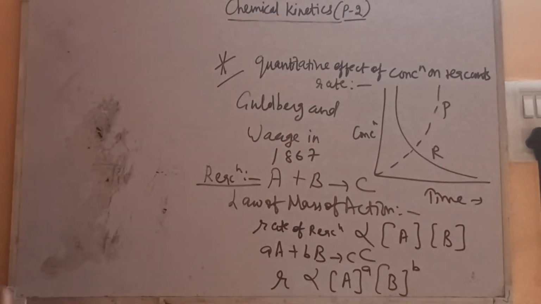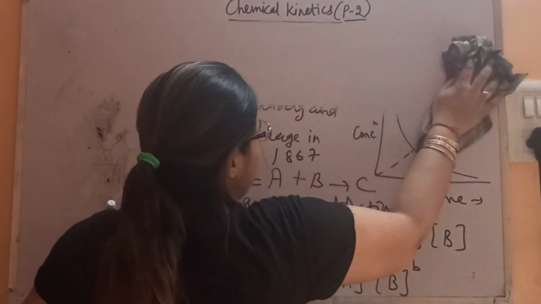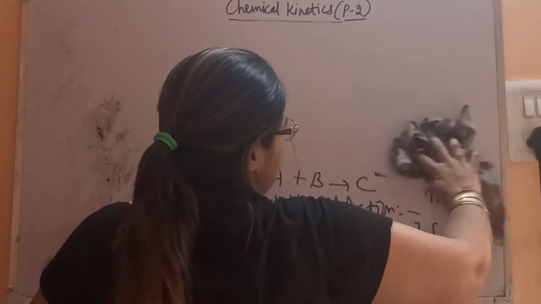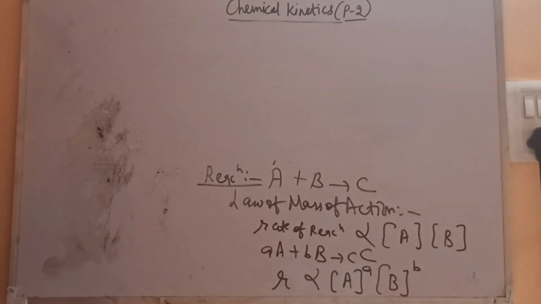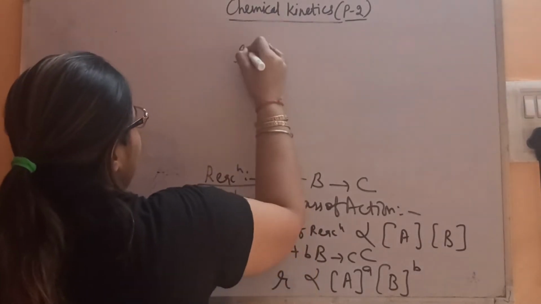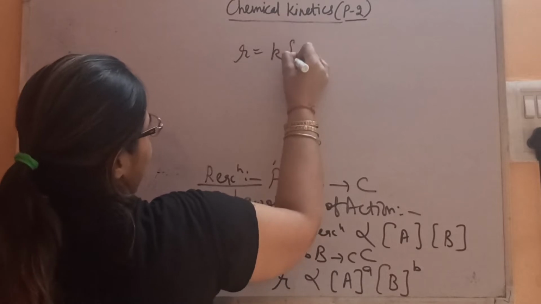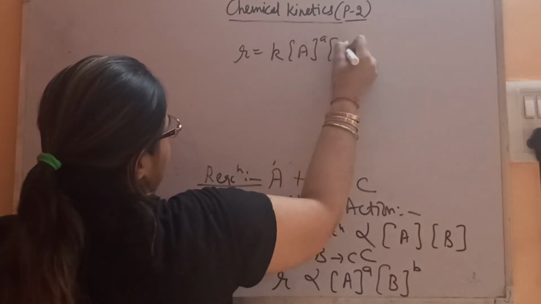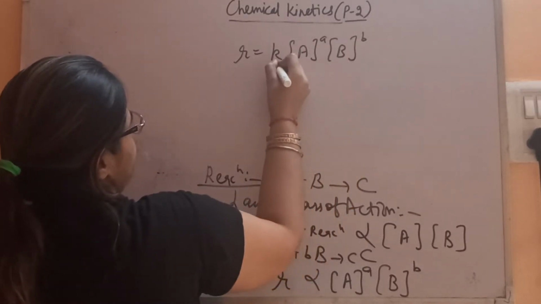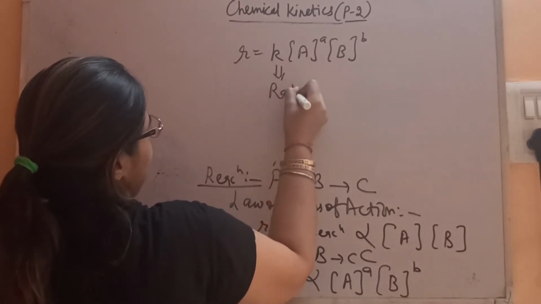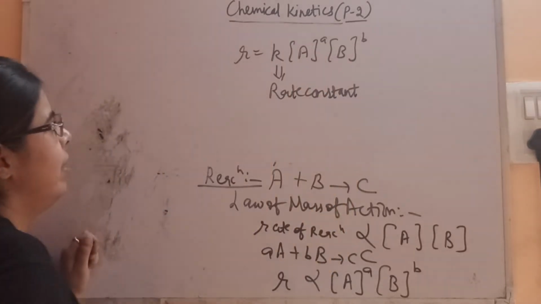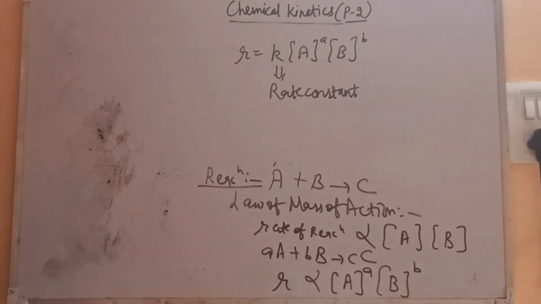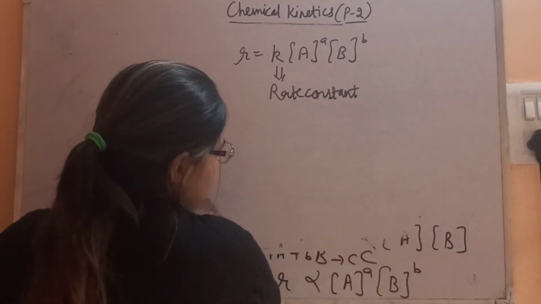Now when you remove this proportionality sign, we will get one constant, that is the rate constant. Here this is the rate constant of the reaction, which does not depend on the concentration of the reactant. This is the rate constant. And experimentally, what has been observed,